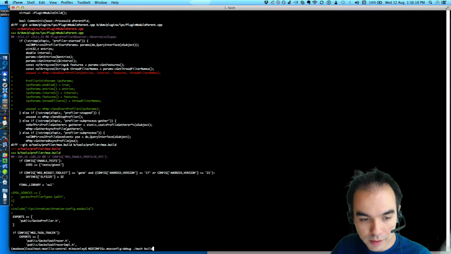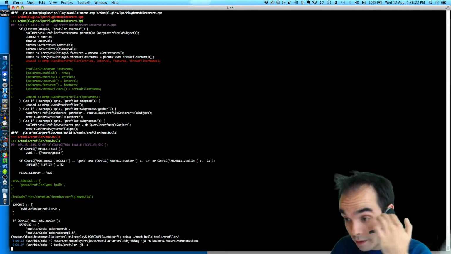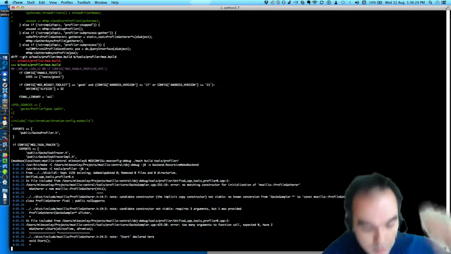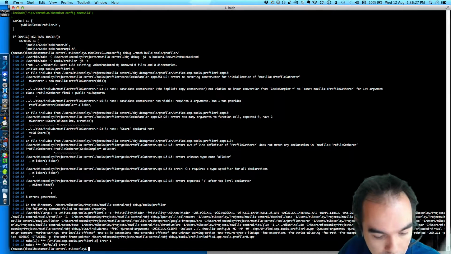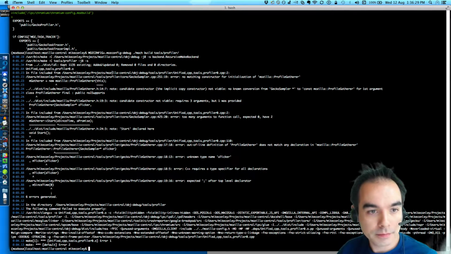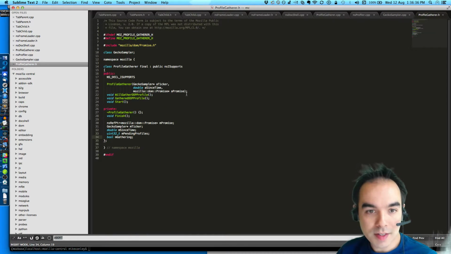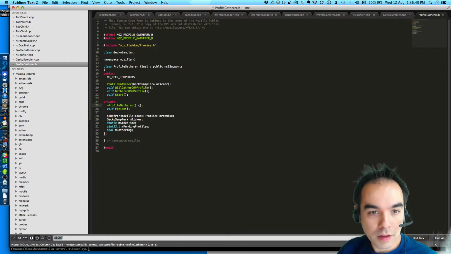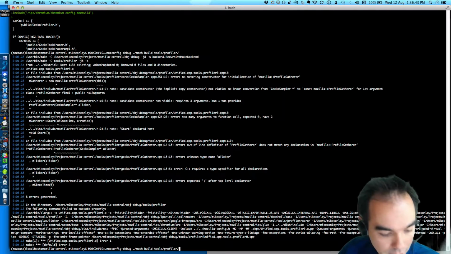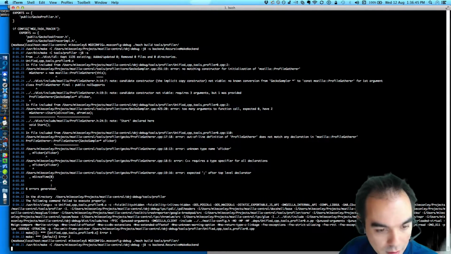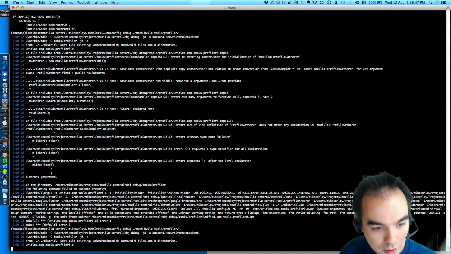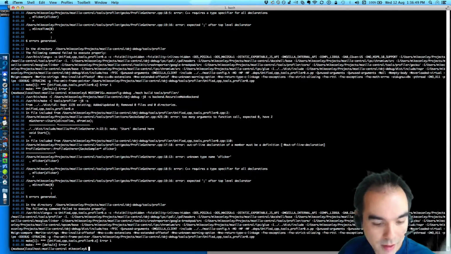So if I'm right, this should both compile and still allow us to gather async profiles from the child. So let's find out. Let's build the profiling directory. Doesn't like it. No matching constructor. Oh, I've got to change the signature here. Right, let's try that again. Doesn't like it.